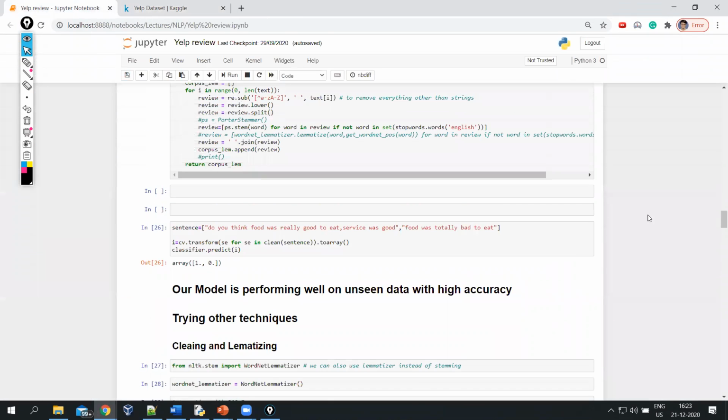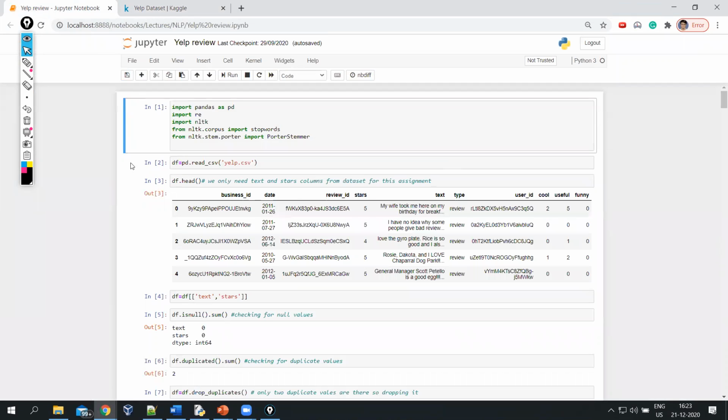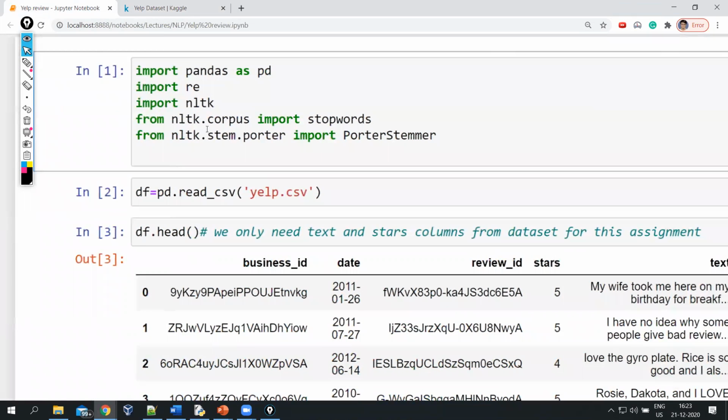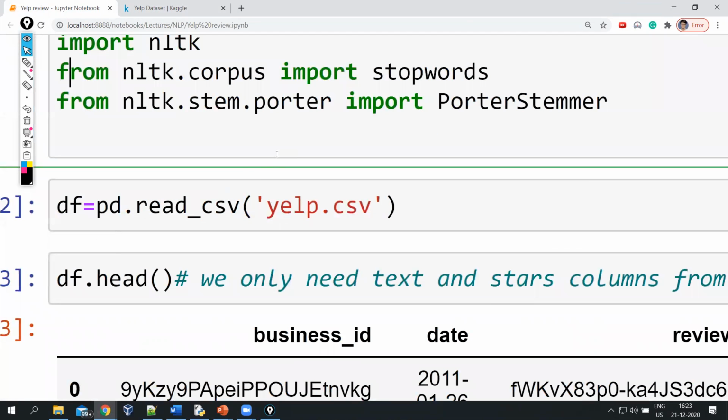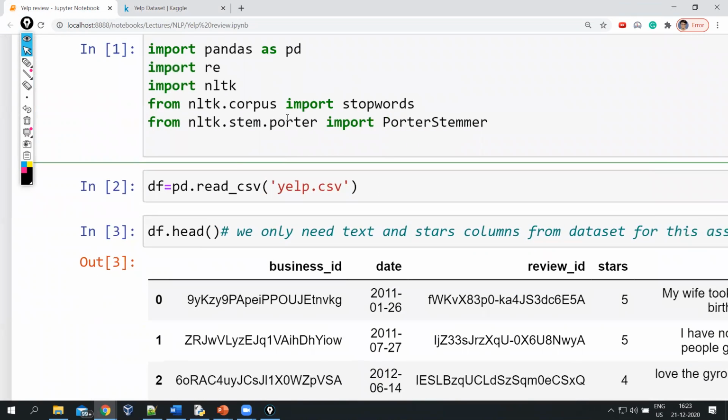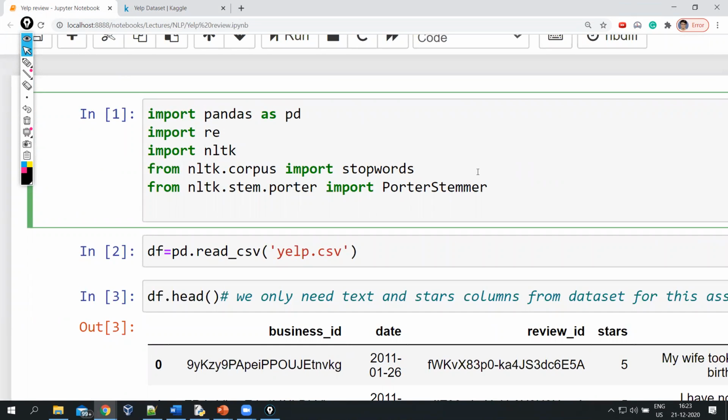So I will explain the code now, first of all how it works. So simple. First, we will import these libraries. To remove the stop words, we have this library. I will explain one more concept, called lemmatization, and why it is used. This is the complete code for getting the libraries. Only these libraries are needed. This is the re library, the regular expression library, used to remove punctuation. This is the pandas library. Then nltk is used for the stop words and the lemmatization. So everything is available for you. You just need to understand how it works.